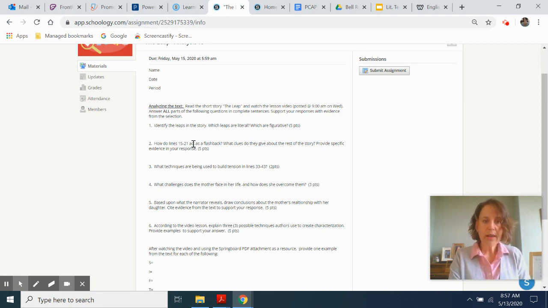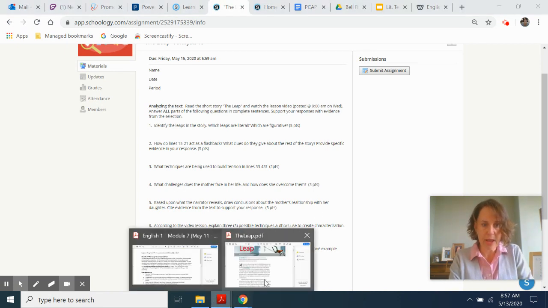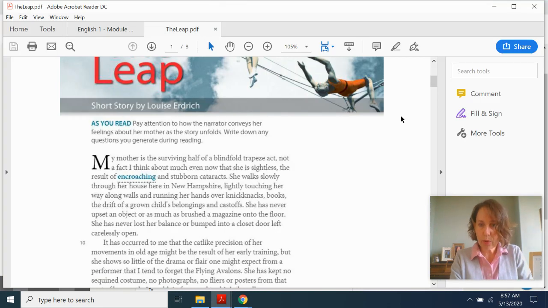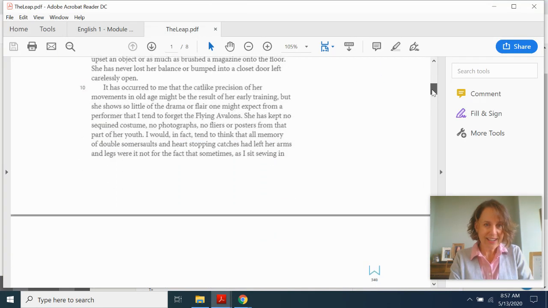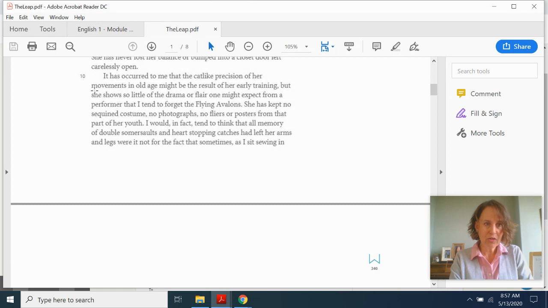And then it says, how do lines 15 to 21 act as a flashback? Well, we've talked about flashback this year, but let's take a look at this piece and see, how does it act as a flashback? So in lines 15 to 21, we'll dig in here. So about right in here. I'm going to start here with, she has kept